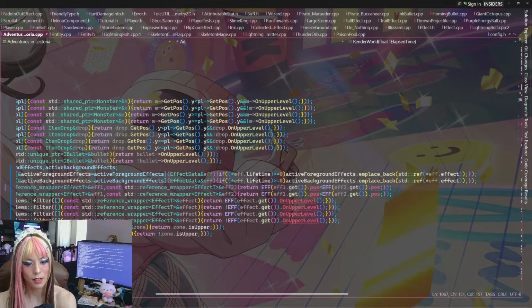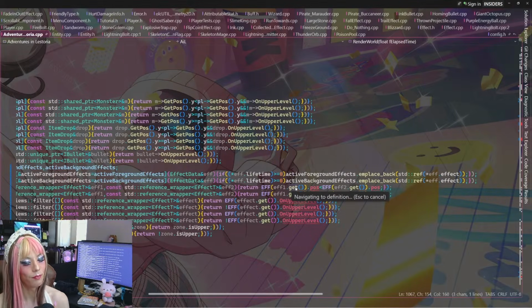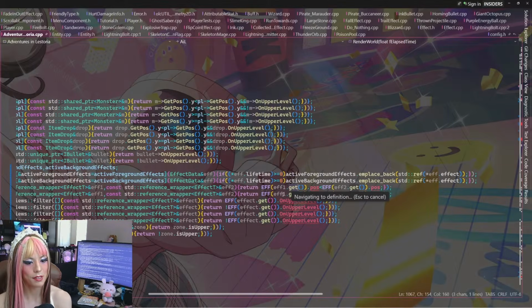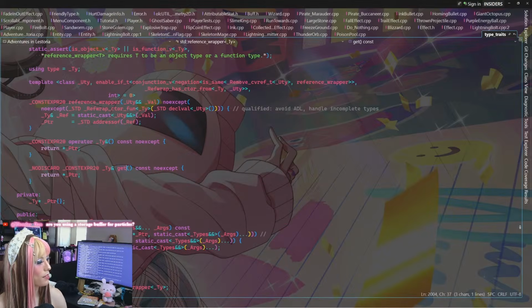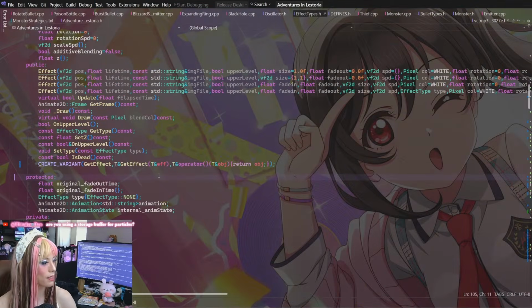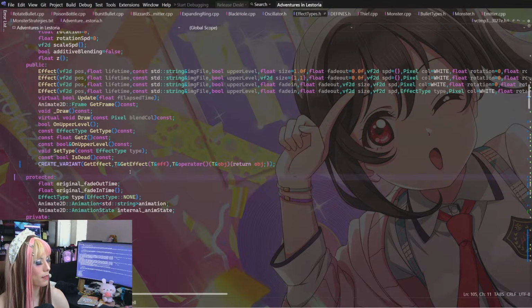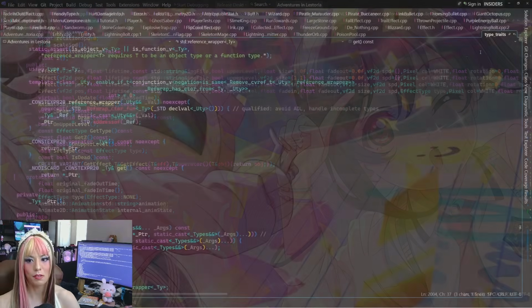It's just... .get returns the effect T from an effect... Oh wait, no, that's the effect reference wrapper. So effect T converted to effect. This is just a variant. It doesn't know what the type is. So it's not going to return the variant, it's supposed to return the actual type. Which is why I think we returned effect in the first place, because we want an effect out of it.